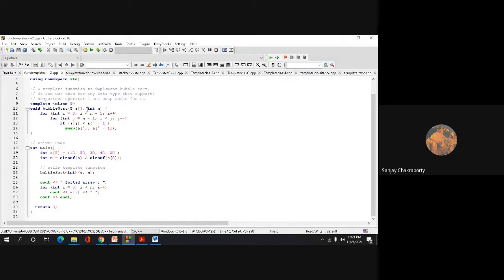Look, you don't require a template parameter here. Why? Because the size of the array is always integer type. It cannot be float type, it cannot be character type, or it cannot be double type. It is not possible. So that's why I require only one template parameter, which can be changed into different